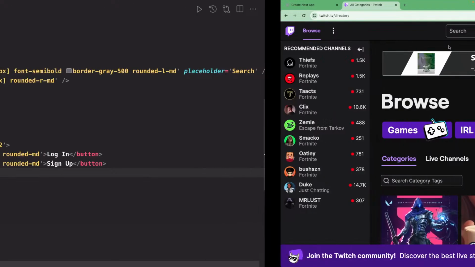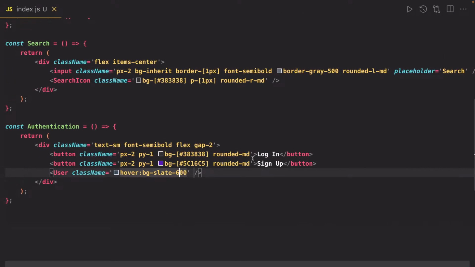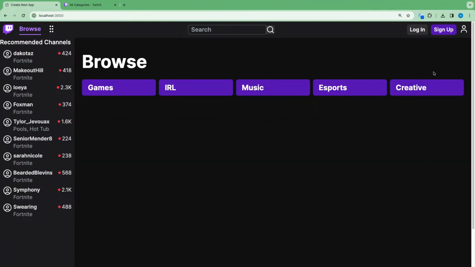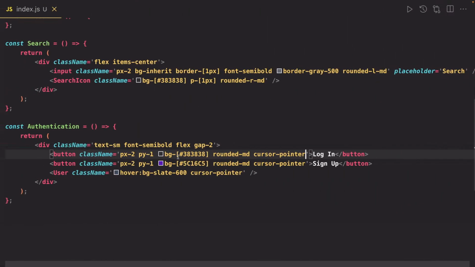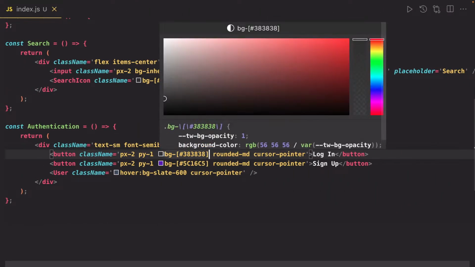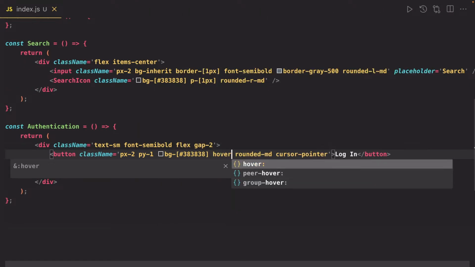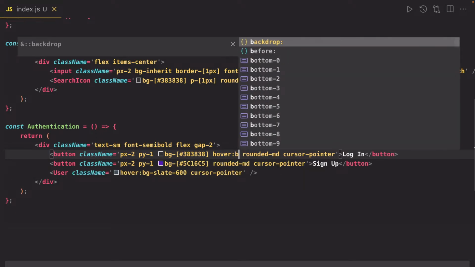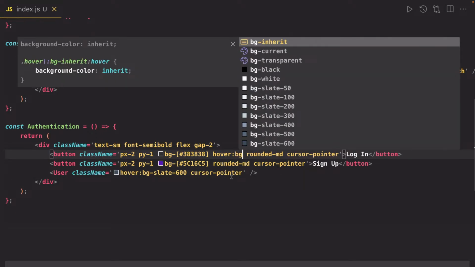Yes, and of course on the login and sign up we should have cursor pointer, and we have on the three buttons cursor pointer. And of course this is a background, actual background, but on the hover I want to change bg as